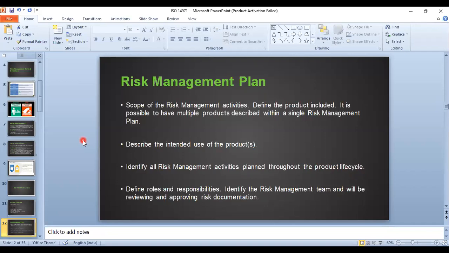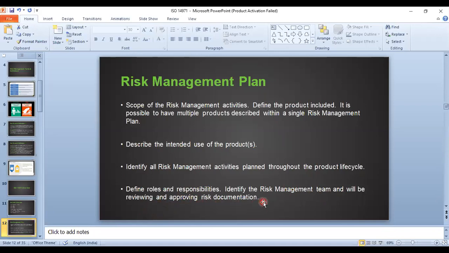Every possible risk that can happen during the entire life cycle has to be anticipated and documented. That has to be mentioned in the risk management plan. And define roles and responsibilities: identify the risk management team, who will be reviewing and approving